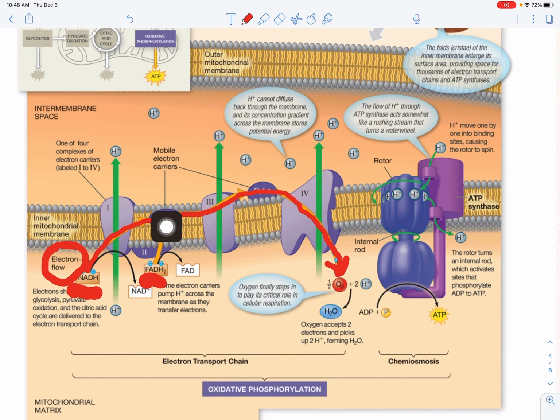So like a hot potato, it's going to pass these electrons. And when it does, it is going to provide the power to pump these hydrogens that you see down here. Very few hydrogens. I can see 3 at the bottom and 9 at the top. So if you're going to go from low concentration and pile up more in one area, that is called active transport. It requires energy. Where's the energy coming from? The flowing electricity, the flowing electrons down this wire,